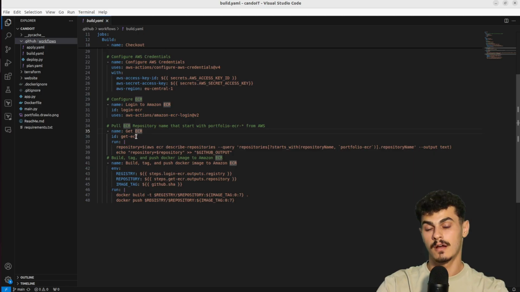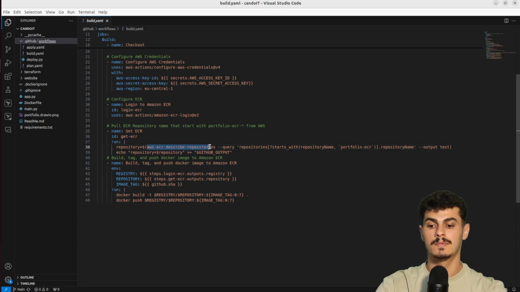Now, this is the run command. As you can see, it is a run. What we do here is that we find the repository. Since in our last video we deployed it using Terraform, as you saw, I applied the suffix to each resource. So in our case, since it was a prefix minus ACR minus a suffix, what this command does is